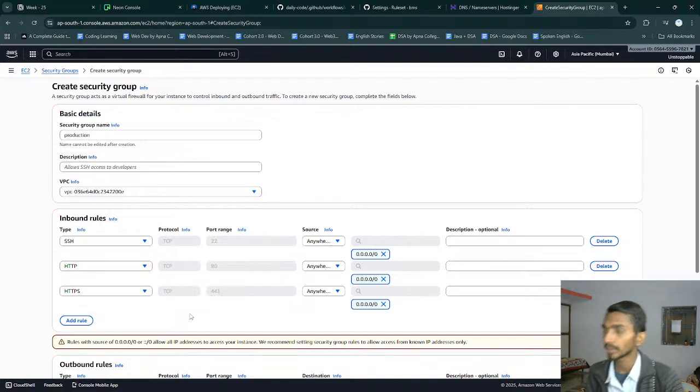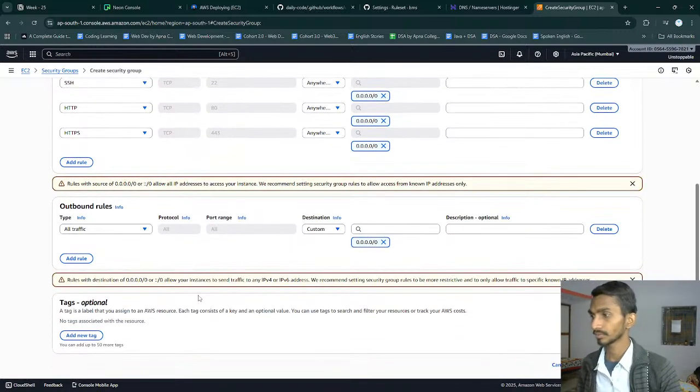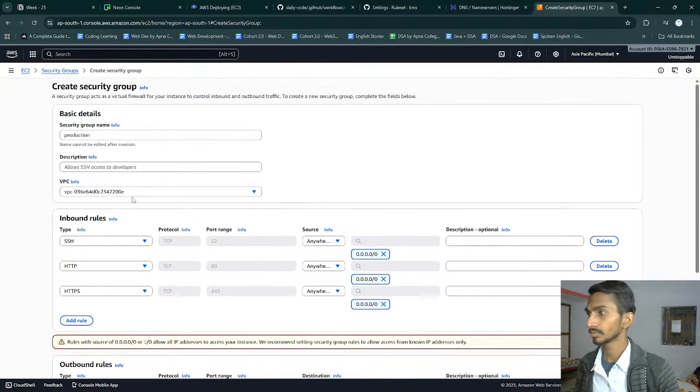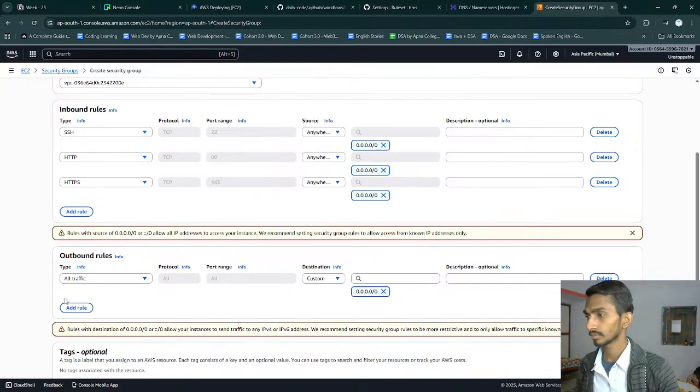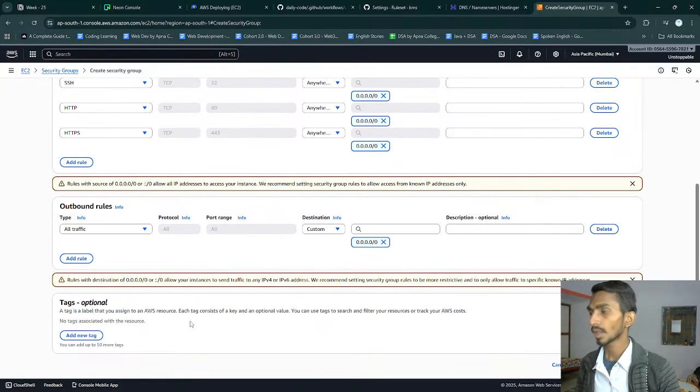That's good, okay. I have set a SSH, HTTP, and HTTPS, these ones. That's a solid setup. It covers SSH for remote login, HTTP for web traffic, and HTTPS for secure web traffic. That should meet most common use cases. If you need further customization or additional rules, let me know. How about the outbound rules? Should they be like all traffic, or we have to make changes in that too?